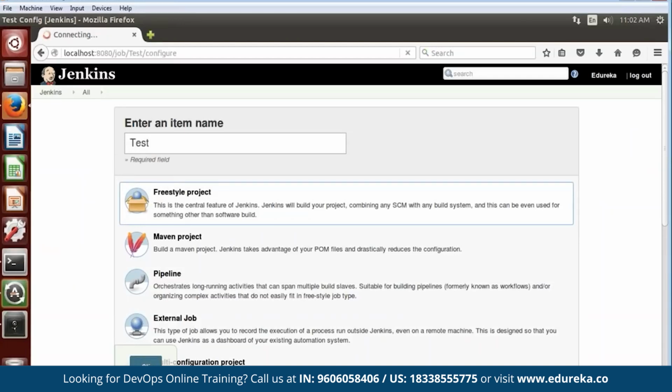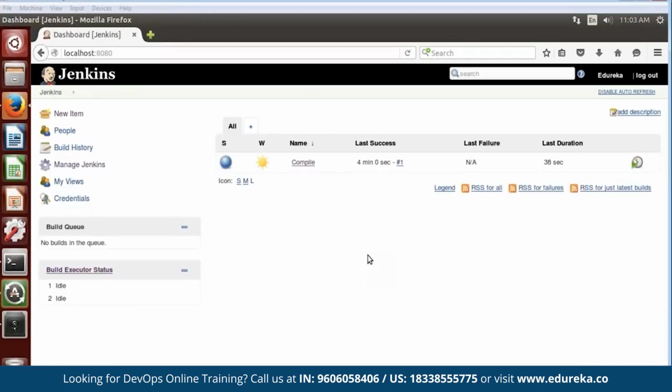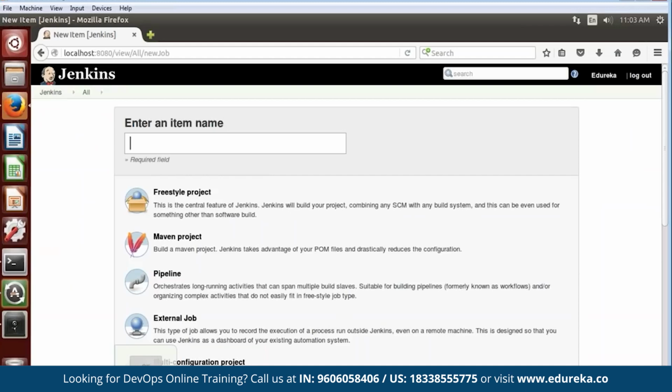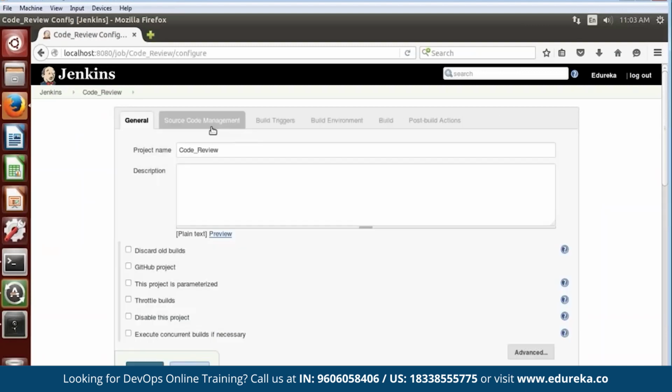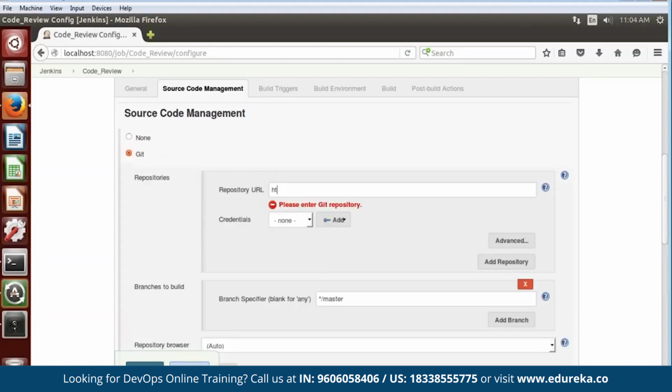Click on OK. And in the source code management tab, now before applying unit testing on the code that I've compiled, I need to first review it. With the help of PMD plugin, I'll do that. So for that, I'll again click on new item. And over here, I need to type the name of the project. So I'll just type it as code_review. Freestyle project, click OK. Now in the source code management tab, I'll again choose Git and give my repository URL,